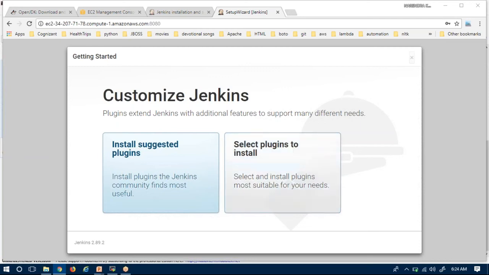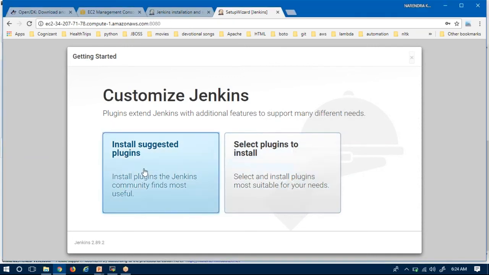If you click on install suggested plugins, some default plugins will be installed. And if you go to select plugins, here you will select your required plugins. Anyway, I am going for default plugins, install suggested plugins.